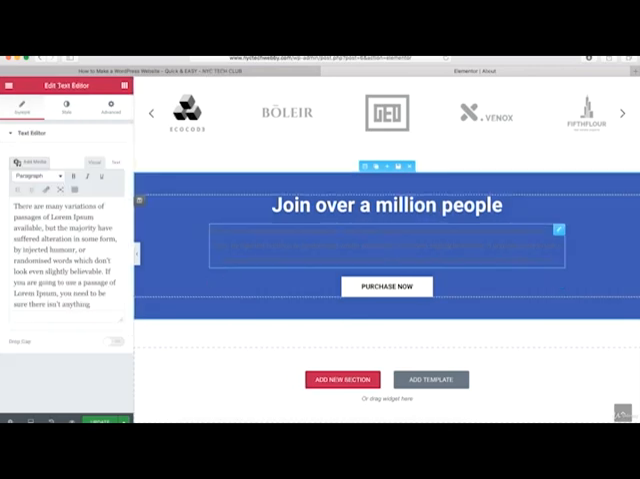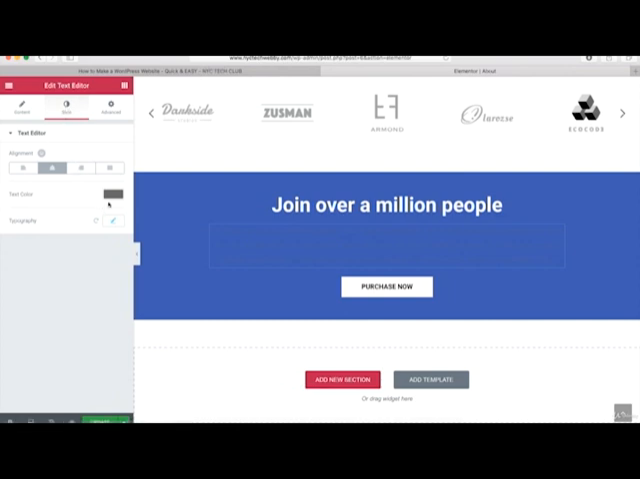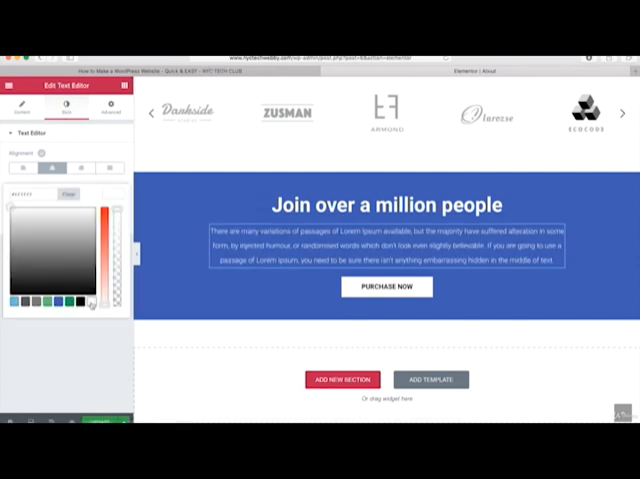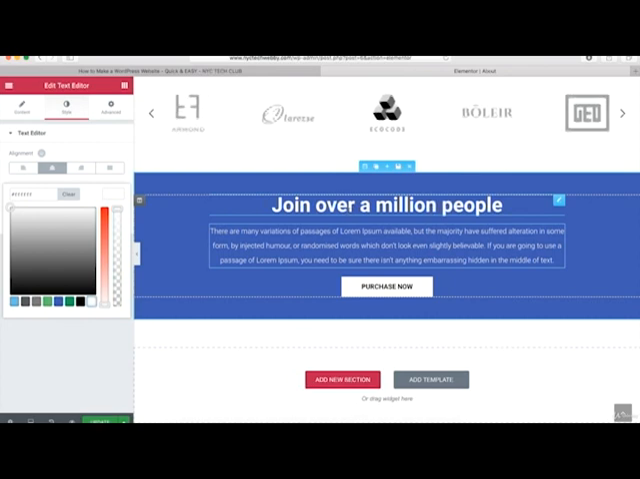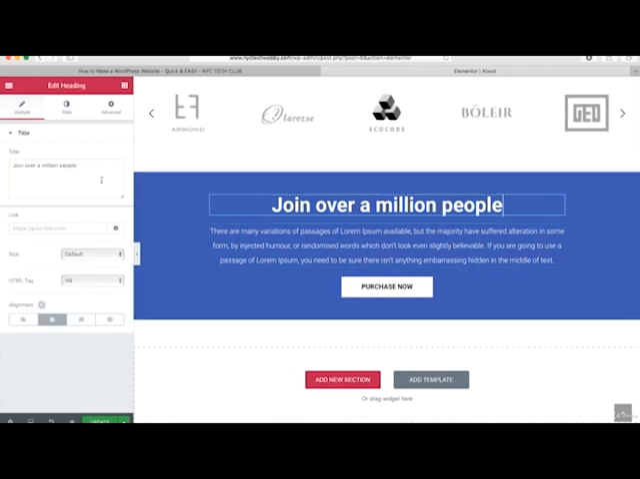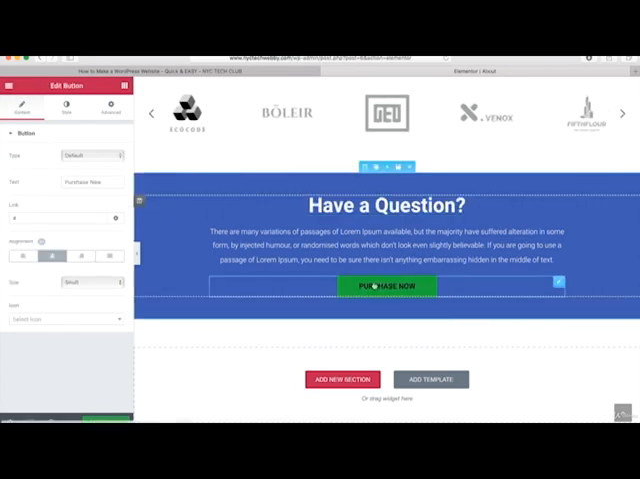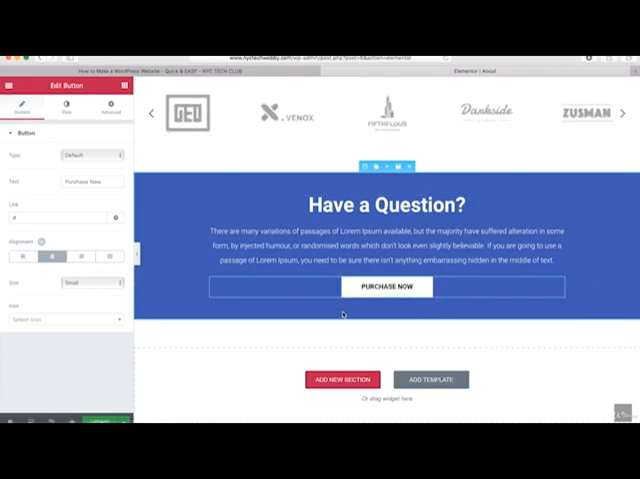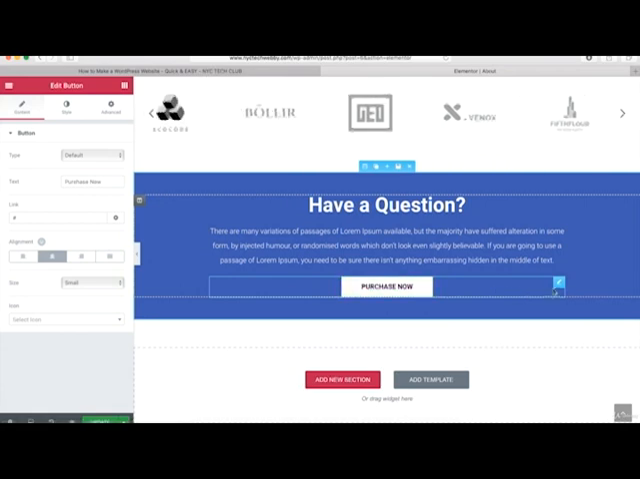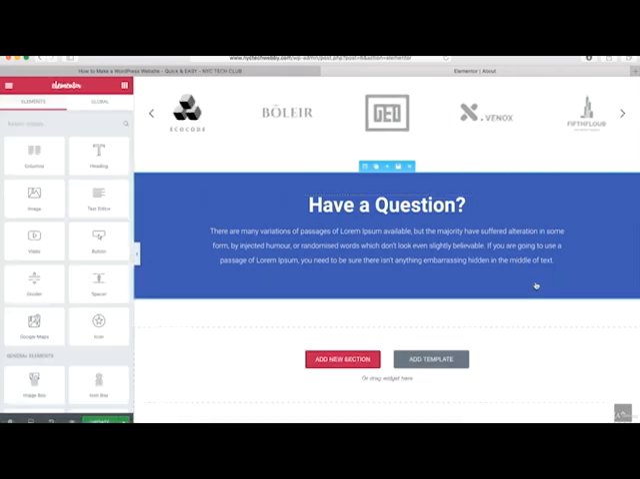And then I can change this text to the white color by clicking on style and then going into the text color and just changing this. And maybe I'll change the header right here. So instead of this text, I'll change it to have a question and put a question mark. And then this button looks a little different than the one on the home page. So if I want to replace this button, what I can do is hover over this and just delete it,